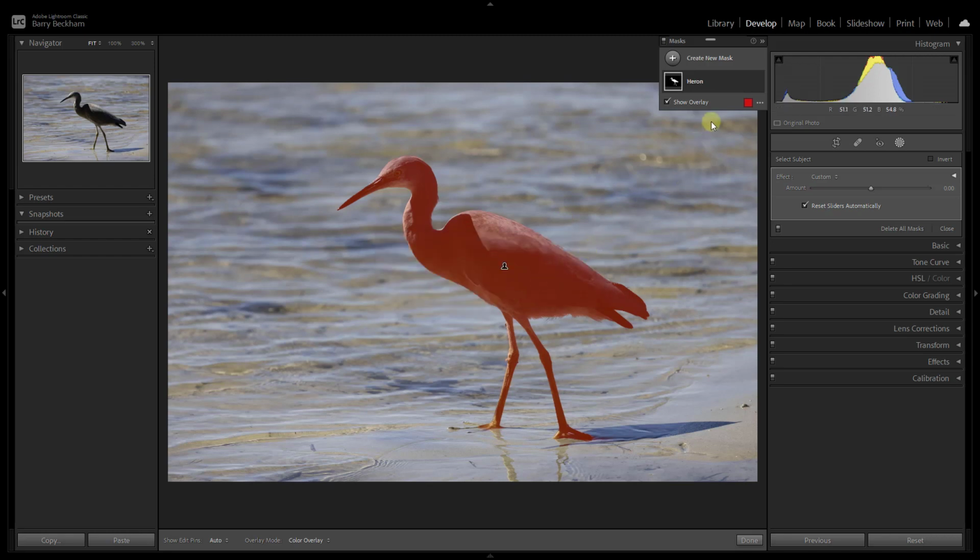If we go back to the mask panel, if I click on the heron mask, we can see that it's made up of two parts. Think of the top part, the labelled part, as a group, because we could have a number of different masks attached to the heron. For example, the masking we're currently looking at is made up by the automatic subject selection,